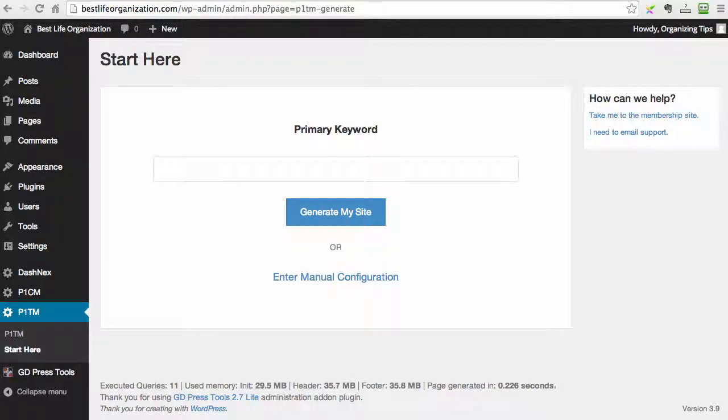Proper rankings. So now watch what happens with P1 Traffic Machine. We just take the primary keyword, the most important keyword for the entire site, and we have two options: either generate the site automatically or do a manual configuration. And this is done for a reason, because there are people that want to use this incredible software to create